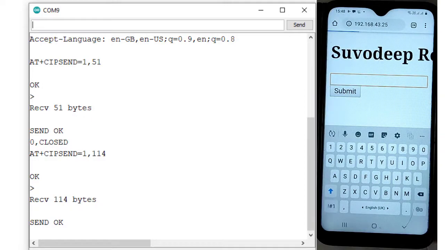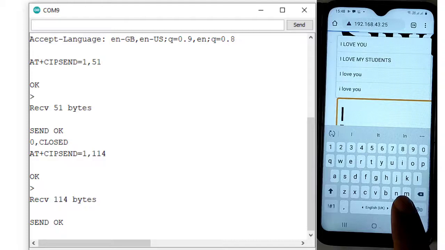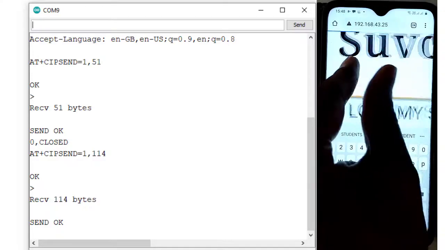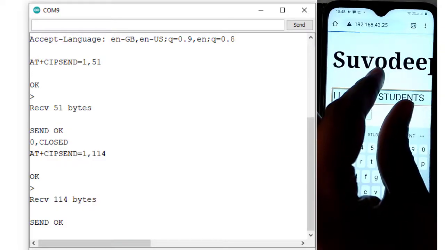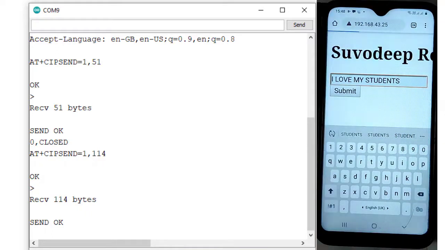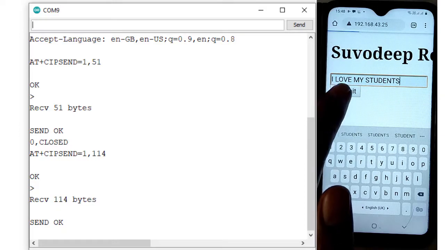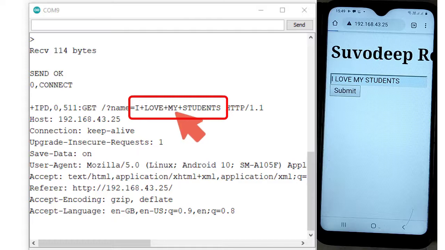If I put the data here, say "I love my student." This is the data I have filled in this form. When I press the submit button, the data will be sent to the ESP. After pressing submit, see the data came, "I love my student." So different examples I have shown here by which we can exchange data from ESP8266 to my mobile and also